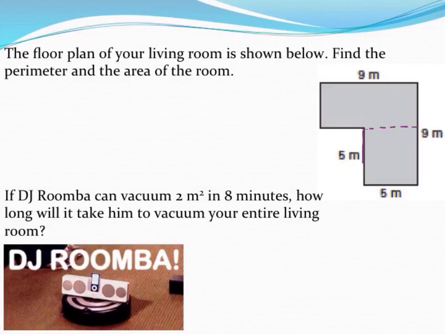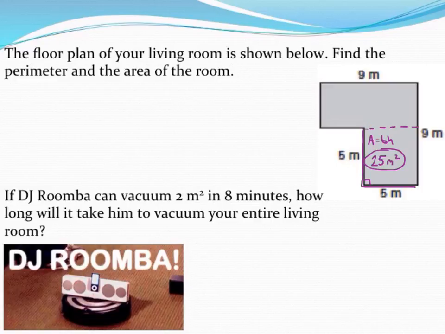So looking at this lower rectangle, it turns out to be a square since I see the sides are 5 by 5. So that has an area of 5 times 5, since the formula is just base times height, and we're assuming that the living room has right angles, I suppose. 5 times 5 gets us an area of 25 meters squared. So I like to write the answer right in the diagram and then circle it so I know what that